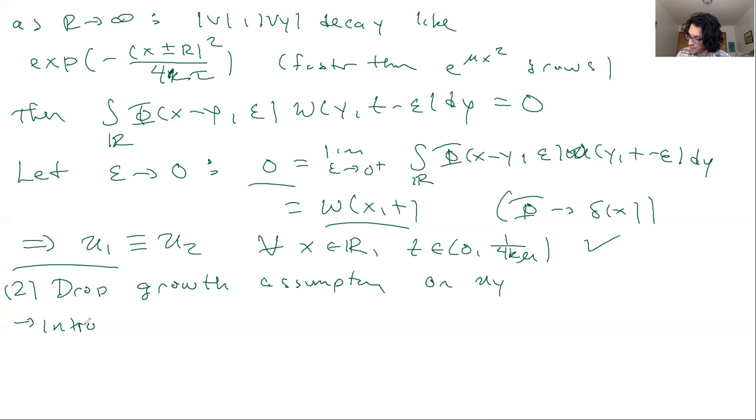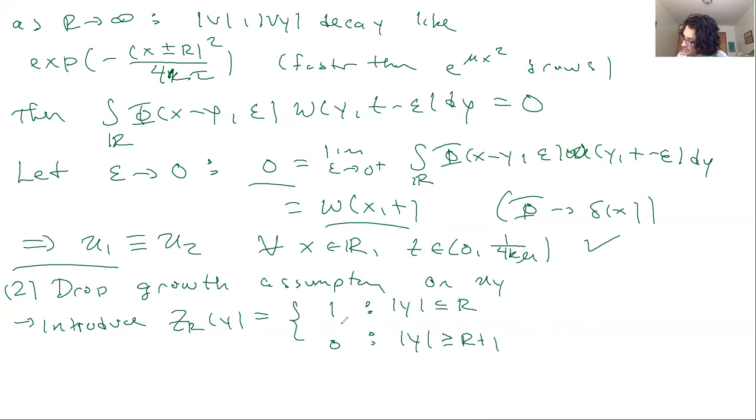And we're going to introduce this function z sub r of y, and it's going to be equal to 1 where y is less than or equal to r. It's going to be 0 for, let's say, y is greater than or equal to r plus 1, and it's going to be smooth in between, okay? So it's going to look like